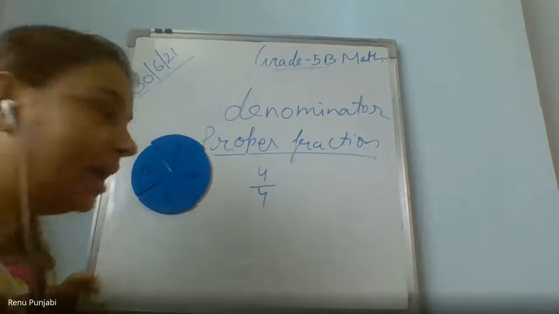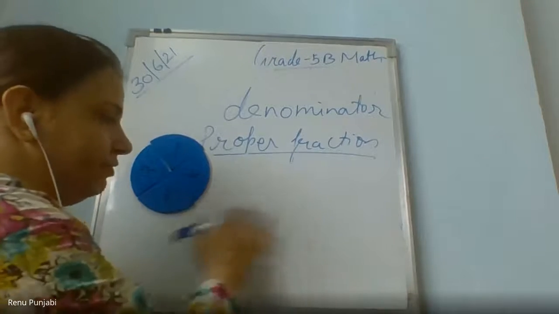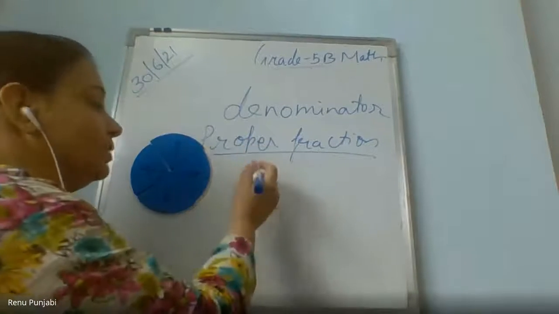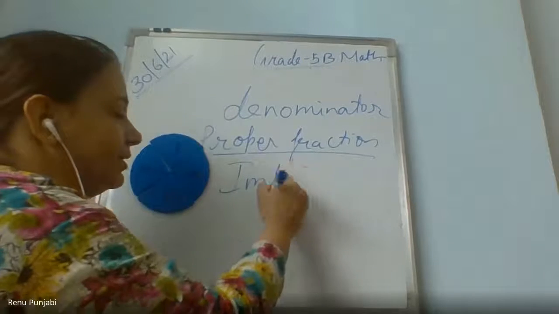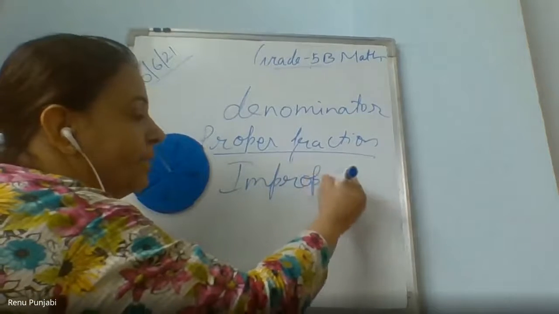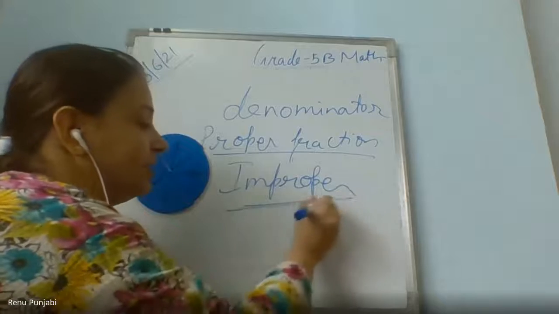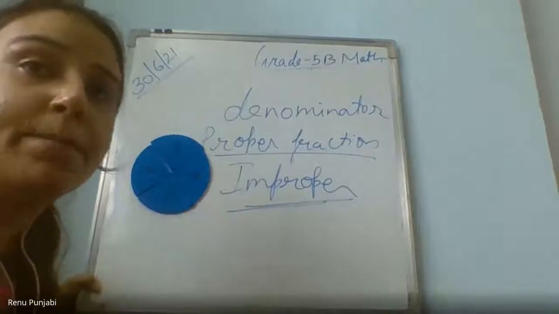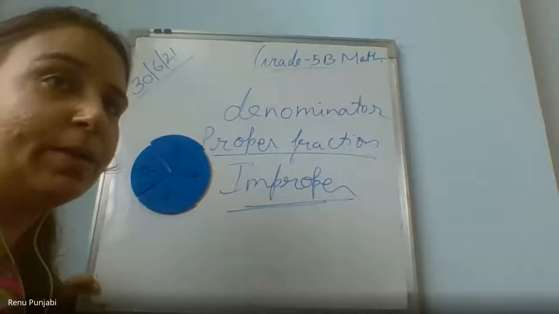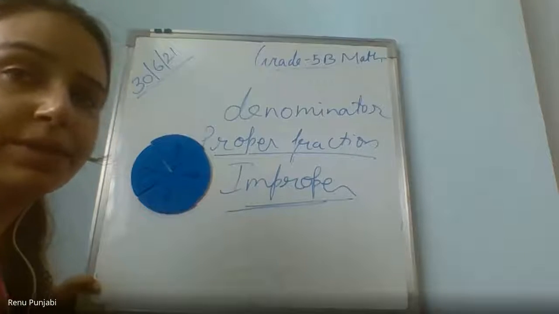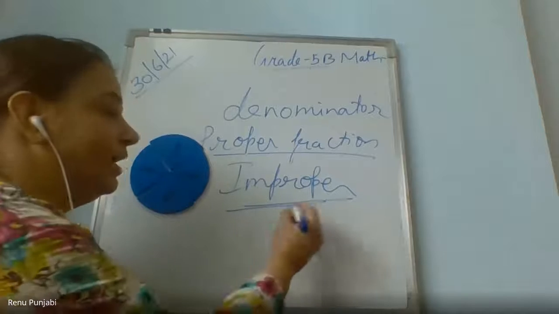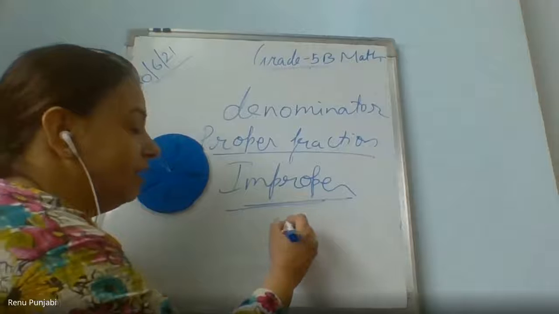And so 5/4, that I will explain, what is 5/4. First, let me explain what is proper and what is improper. Improper का मतलब आप समझते हैं? What in English language do you understand by the word improper? Which is not proper. जो proper नहीं है वही improper. Numerator is bigger than the denominator. Yes, numerator is bigger than the denominator.